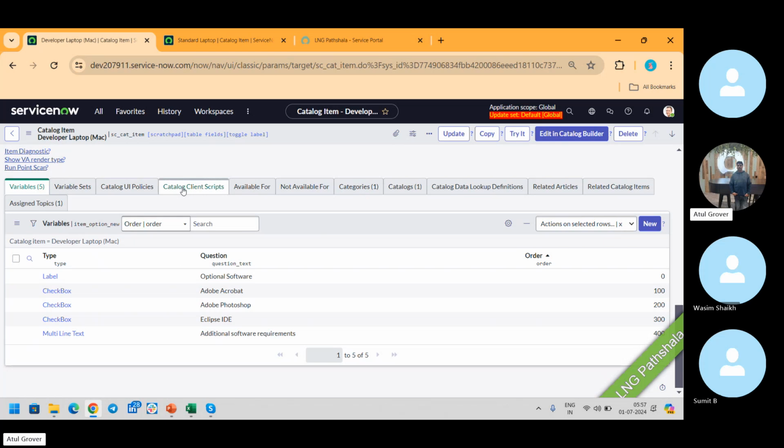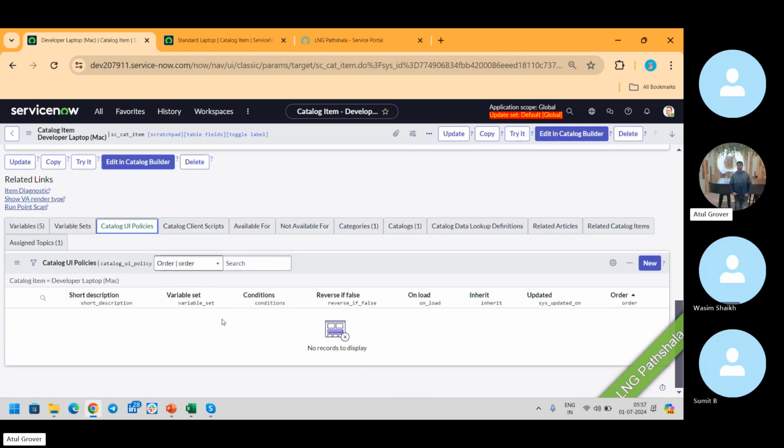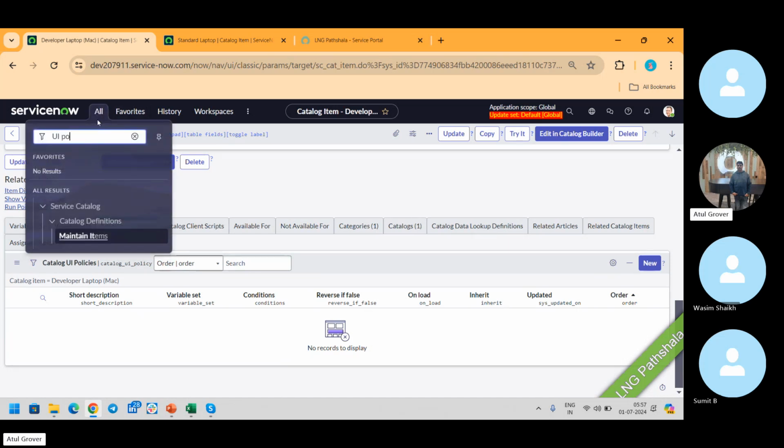If you want to show, hide, make it editable or read only, or mandatory or non-mandatory, we use the client script. But if you want to do these operations only and only on the catalog item level, then you have to create the UI policies. Catalog UI policy, not a normal UI policy. So we have a normal UI policy as well. If I show you,